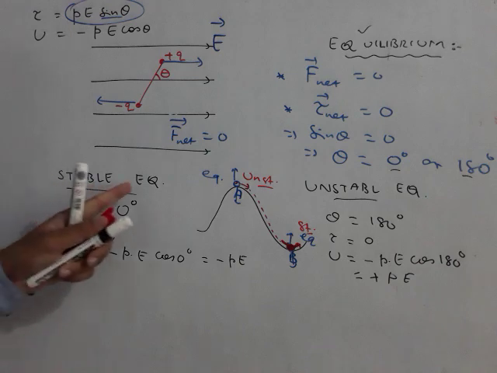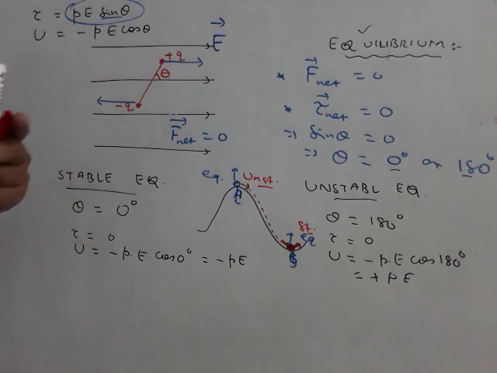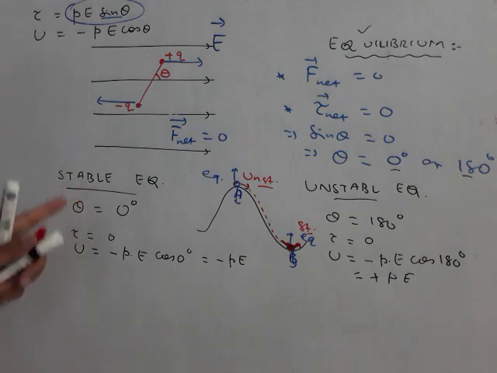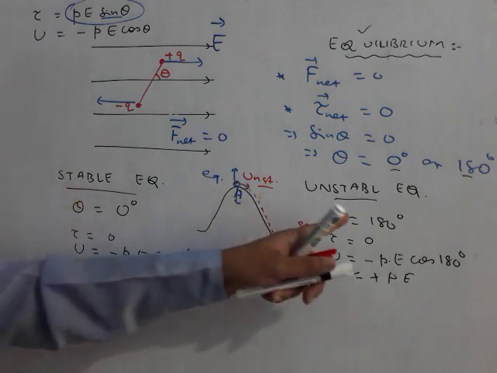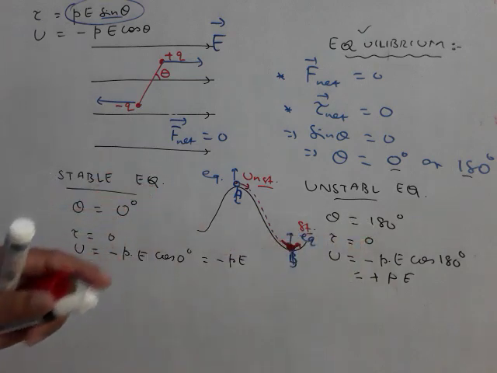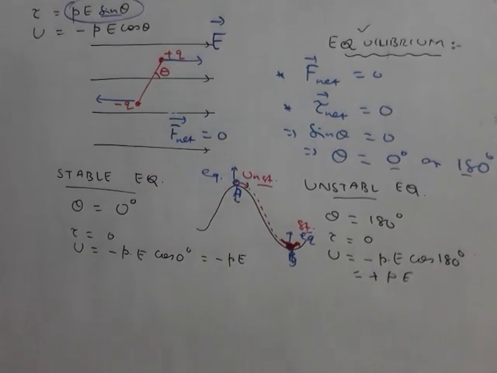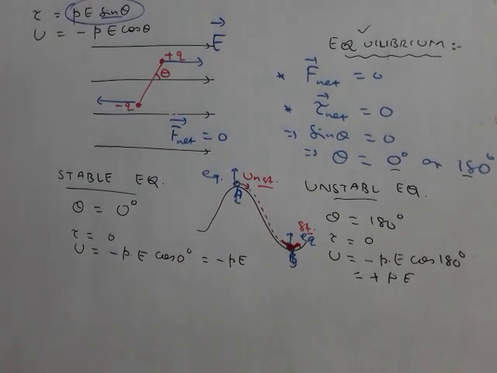So stable equilibrium means that if the dipole is displaced from its equilibrium position and is able to come back to its initial position, then it is called stable equilibrium. And from this particular orientation, if it is displaced slightly, we will find it will never be able to come back to its original state. That's why that equilibrium is called unstable equilibrium. For example, you see,